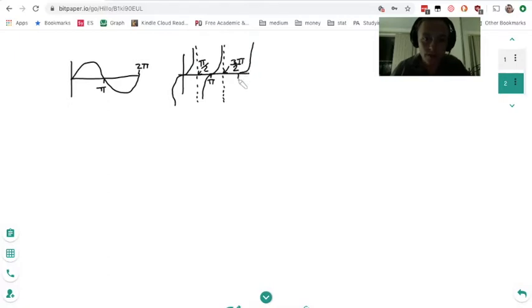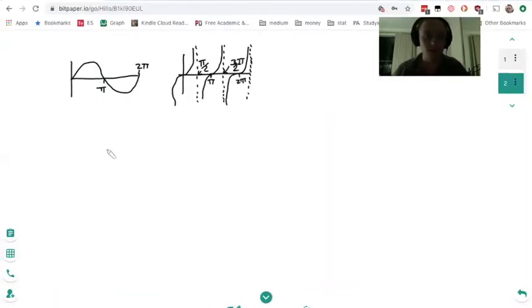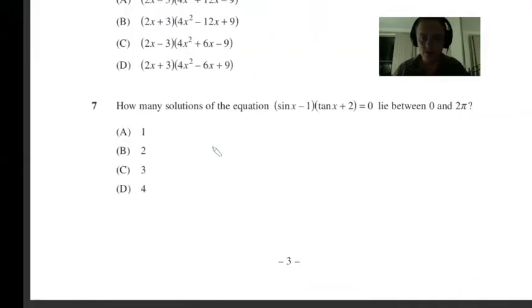There's the rest of my tan. Looks pretty ugly, sorry about that. Make sure it hits the asymptote. There's another asymptote, so this point here is 2 pi. Very good, we've got the graphs that we need. Let's look back at the question. Sine x minus 1, bracket tan x minus 2,